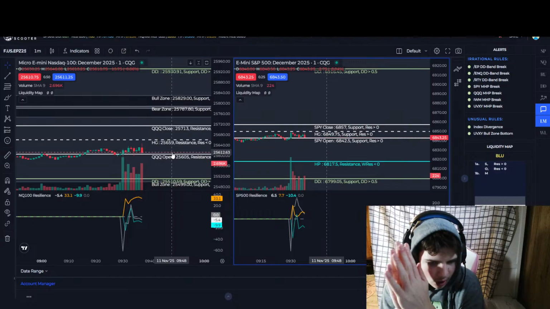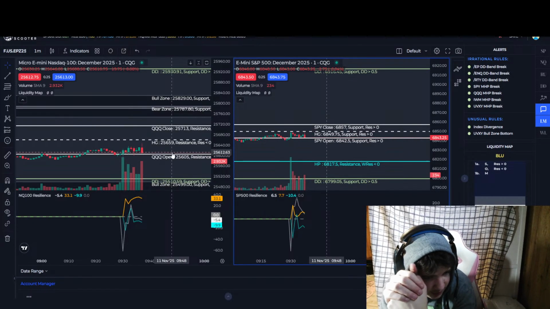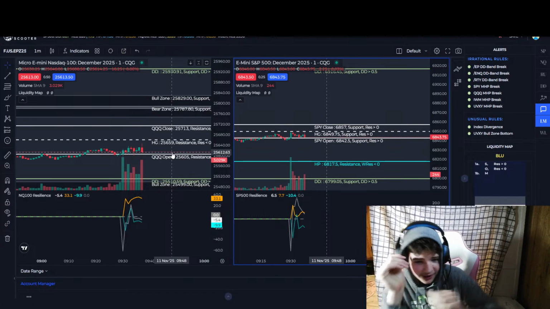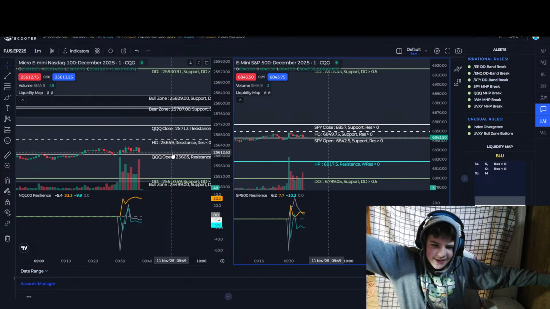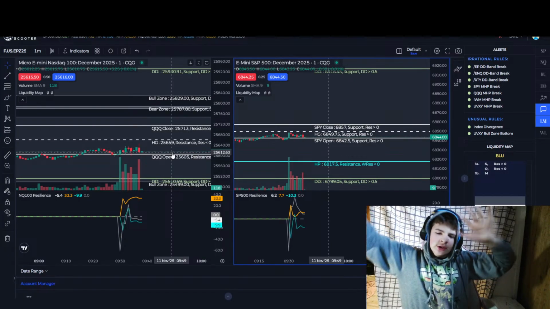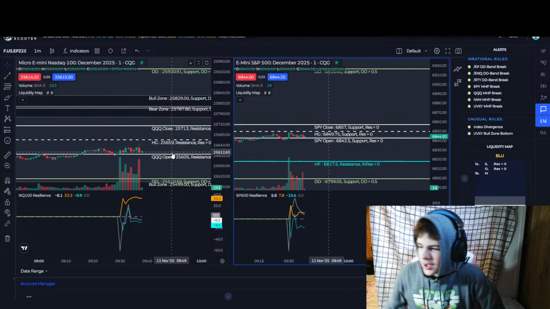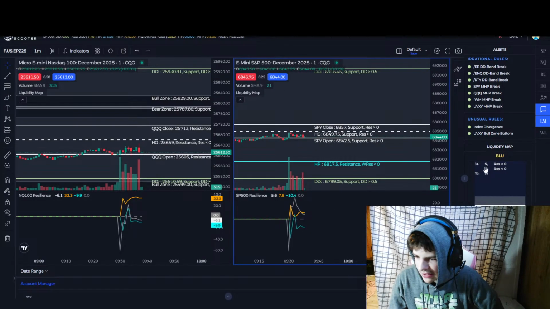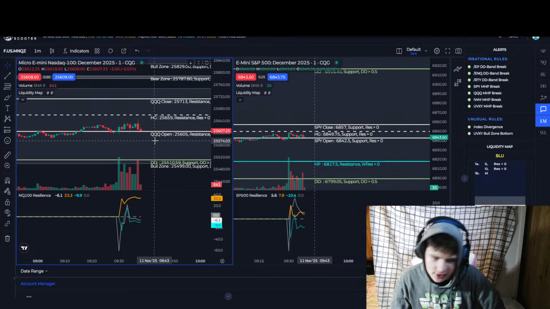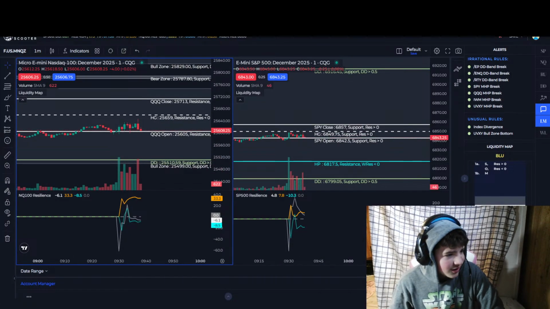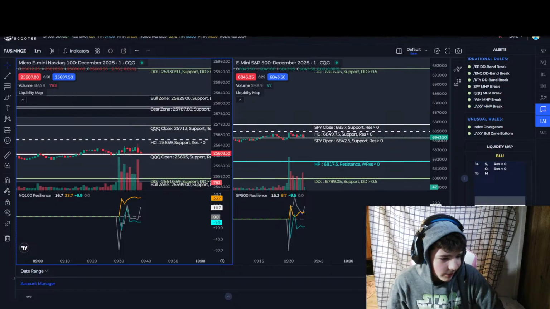Alright. Res is negative now, so I'm glad I did not take that trade, though I did lose like 12 bucks because I took one E-mini accidentally. But yeah, I'm not gonna take this now. Res is negative. That means it's a B. So 1A if res is above 0. So now this is a B. You could still take it, but it's a 60% chance, which is not that good. I'll pass on that.